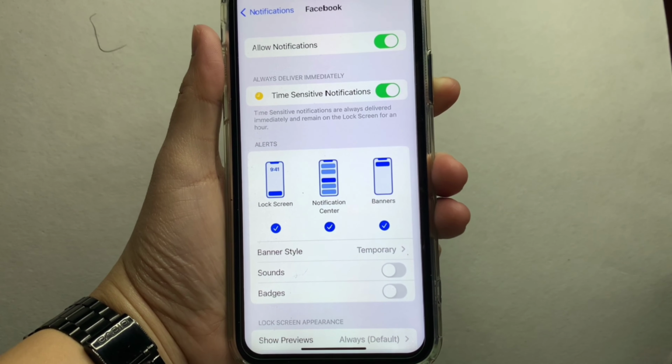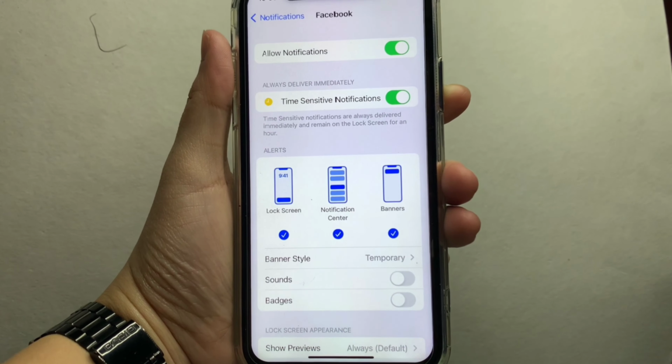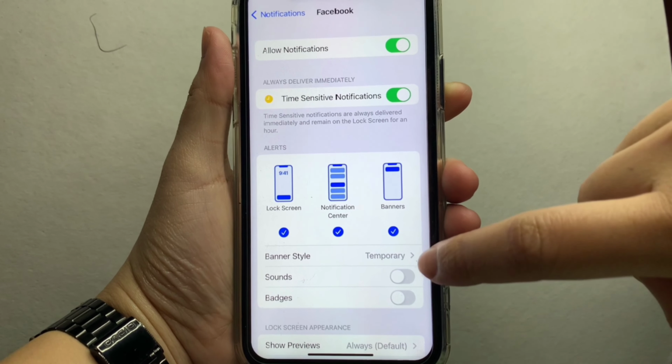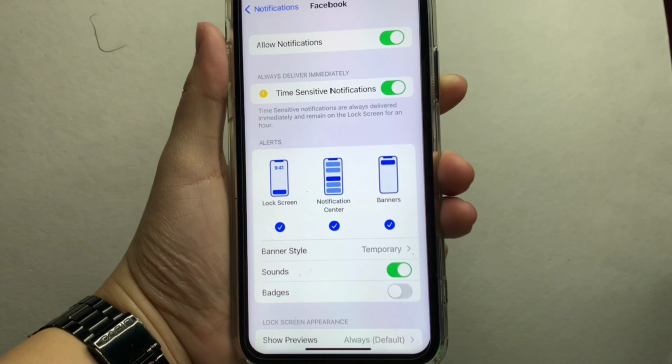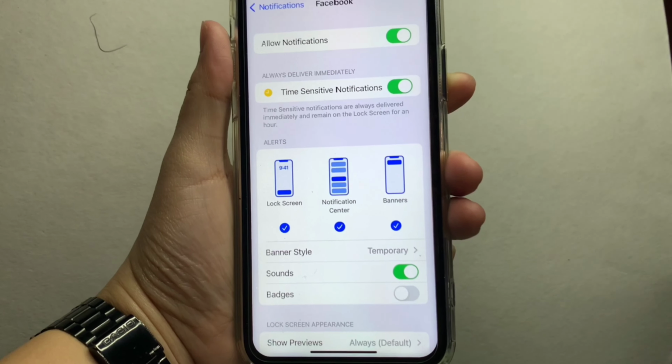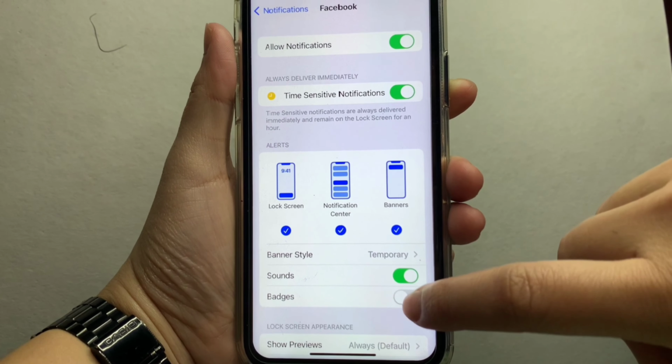And if you want your notification to have sound, then switch on this button for the sounds. And if you want your alerts to appear with badges, just switch on this button